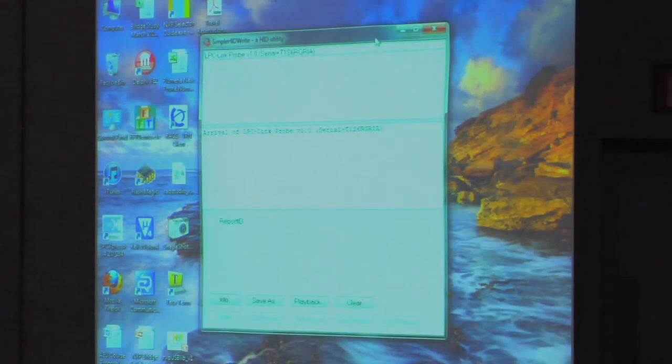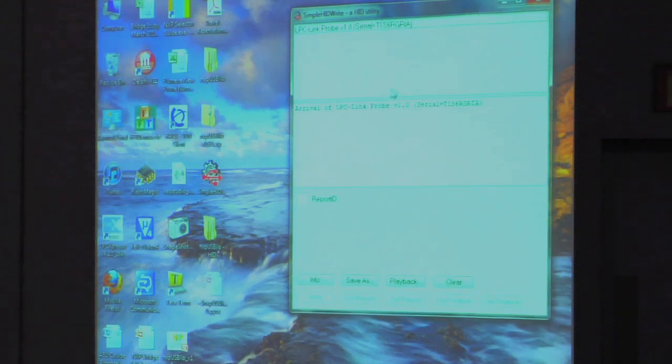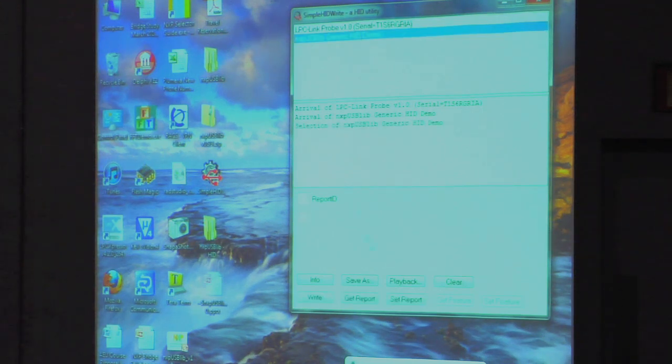Simple HID. As you can see, we already have one on there. That's the debugger, because I haven't plugged in the device yet. Okay. So here, it knows right away. It's 1 byte. Report 0 is default. And what I'm going to do is hopefully, when I press the write,